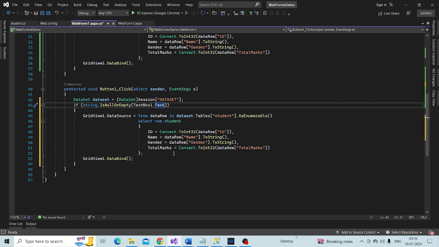That is what this piece of code is going to do. Else, if it is not null or empty, meaning the end user has typed something,